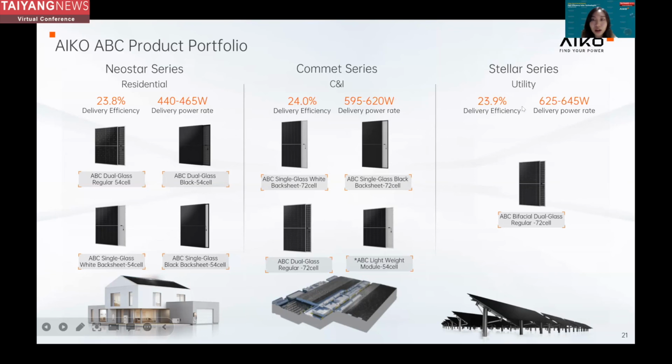And today, we are releasing a new product for utility projects. This module is a bifacial double glass module, which can give you a bifaciality of around 70%. And the maximum power we can have is